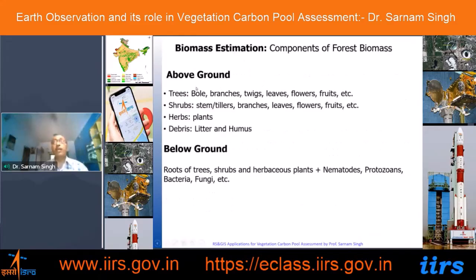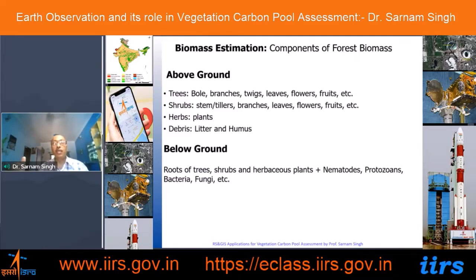Just to give you again some idea about above ground biomass, we have trees. In trees, let us say, what are the different parts of the tree: bole, branches, twigs, leaves, flowers, fruits. They're all part of it. So that's one plant form or habit. Shrub is another habit. It has stems, let's say tillers. We call them tillers here because they don't form a really big stem. There are so many branches. We call them tillers. Branches, leaves, flowers, fruits. In herbaceous plants, those grasses or climbers or epiphytes or lithophytes or whatever the plant forms are,